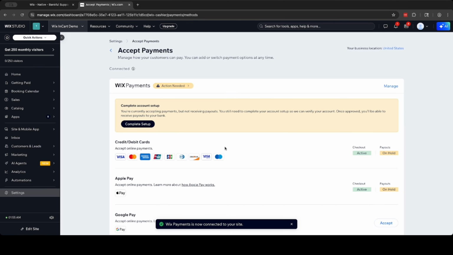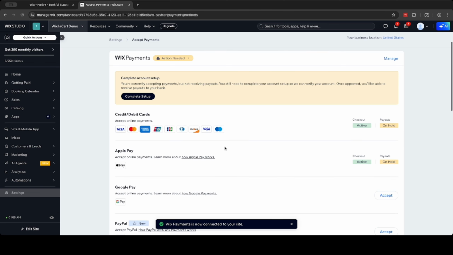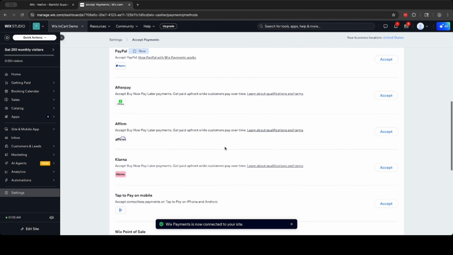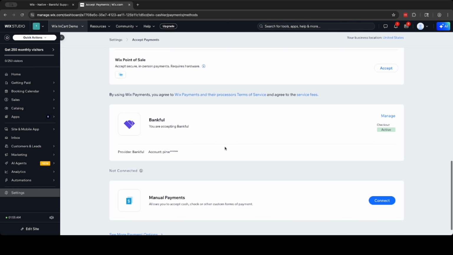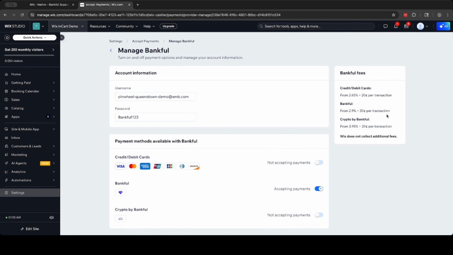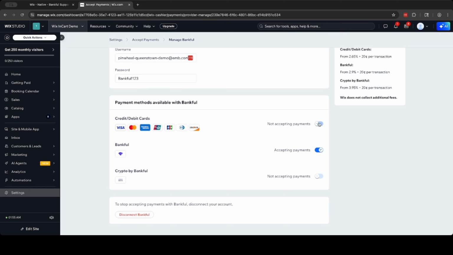If you ever need to manage the plugin, scroll to the bottom of the Accept Payments screen. Find Bankful and click Manage. Here you can update your credentials or toggle on Bankful's native integration, hosted integration or crypto, depending on the processing